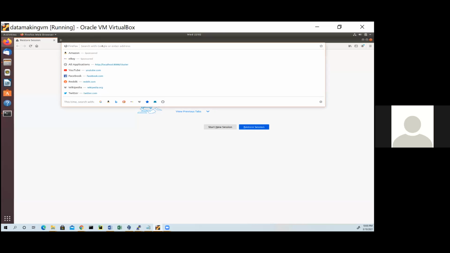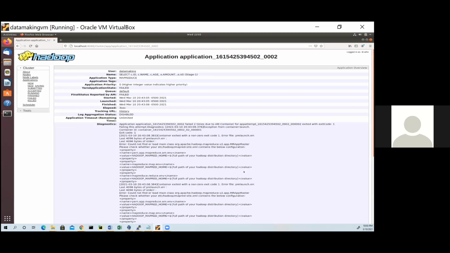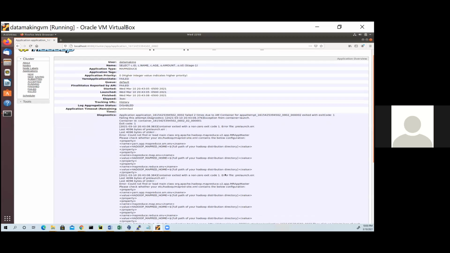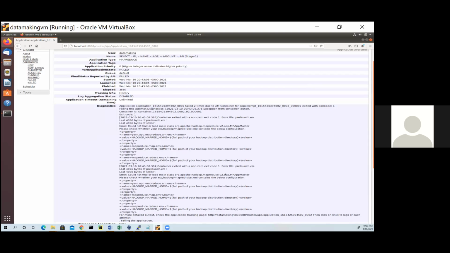Yeah, this one, the suggested third one. So you click on the first, the application ID ending with 0002. Okay. Could not find the main class. It says it is not able to launch the MapReduce. So scroll down.